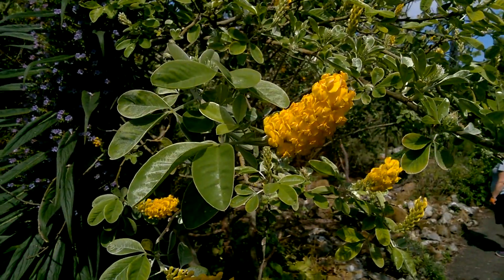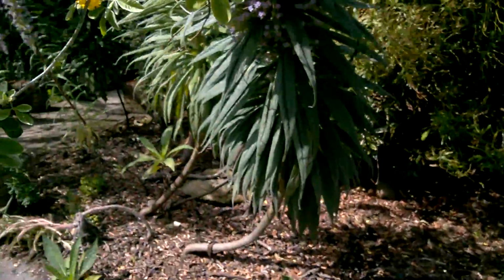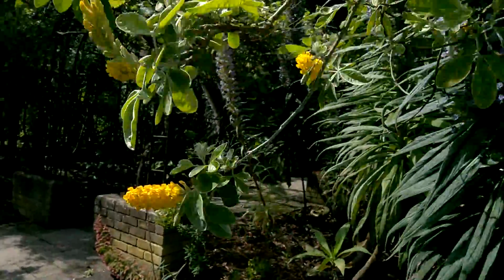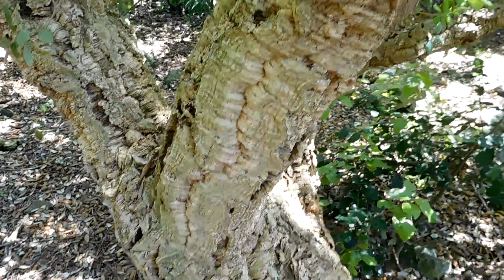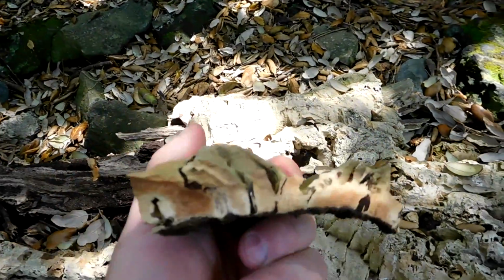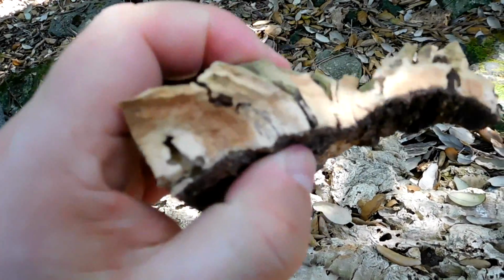Just here we've got a plant that's known as pineapple broom, and the curious thing about it is that the flowers, I guess you might think it's the flowers that have given it the name pineapple broom because of their shape, but actually when we have a sniff of those flowers, they've got a sort of fruity, almost pineapple-ish scent to them. This tree here, amazing bark on it. I believe this is a cork bark oak. So this is the kind of tree that traditional corks were cut from. If we have a look down here, here's a piece of bark that's fallen off a rotten old log from it. And yeah, it's got that kind of springy, corky texture,